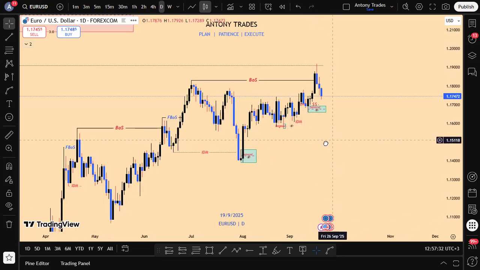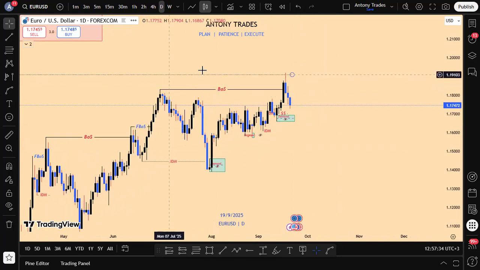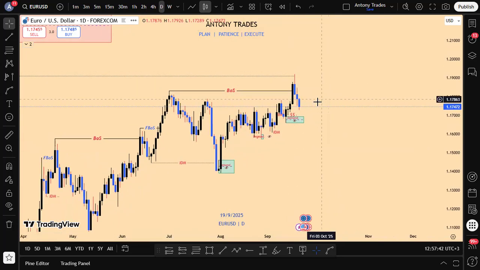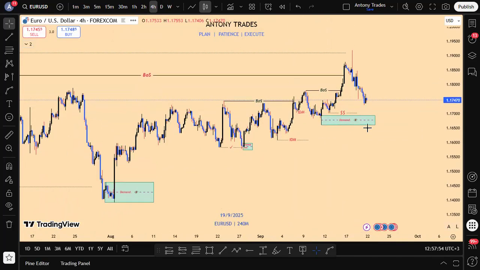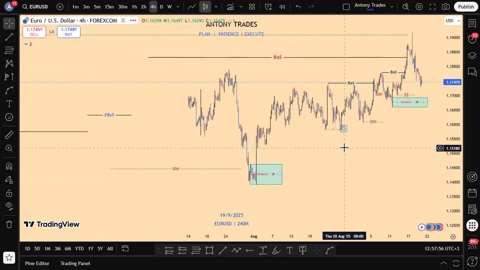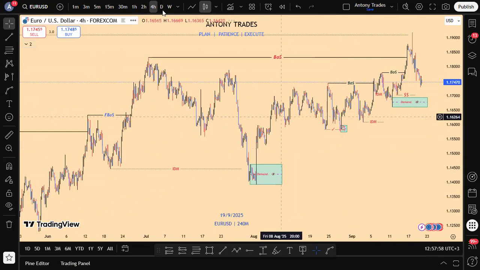This is why you have to wait for the confirmation with the DXY. We need to be patient with the DXY and wait and see what the DXY will do. Then we can reciprocate the same information on the Euro USD. But if the Euro USD, from what I can see from the daily time frame,